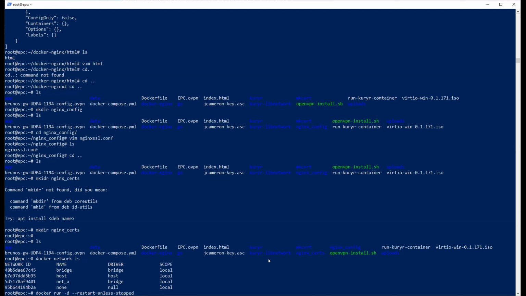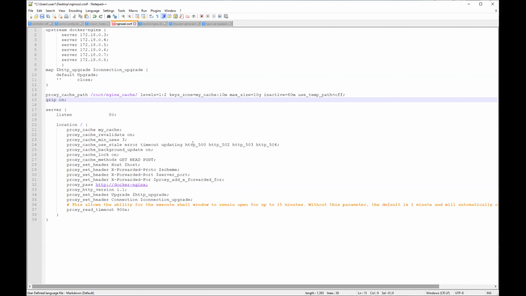Let's put a name. Nginx1 or docker-nginx1, because this is where it's important. Now I'll show you in the configuration file. The IP addressing of these containers is going to be the IP addresses that we assigned in the servers.